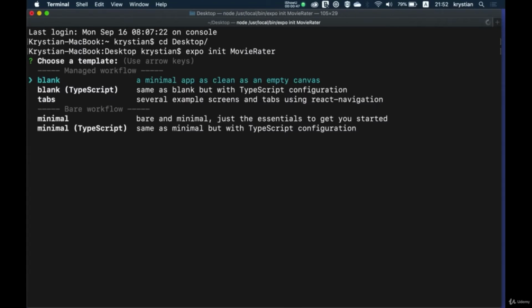And then I can pick which one I would like to do. As I said before in the previous section, you have other options, and I will encourage you to play with this, and you can create a few different applications here and see which one is the closest to the one you would like to have. Like if your application will have a tab as a kind of navigation, then maybe you can start with this. I would also say that starting with a blank, it's usually the easiest if you are not really sure what is that, because if you have too much code starting with the project, you might have hard to find your way to change it. So I will go for a blank here,